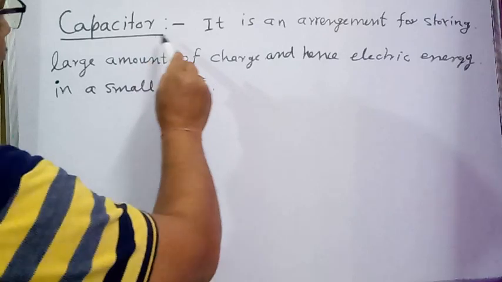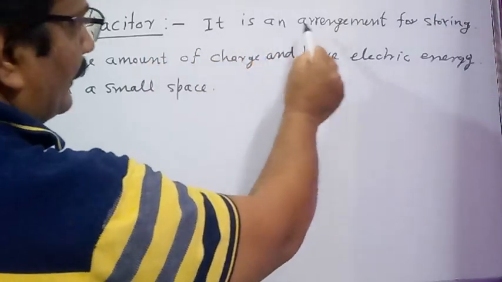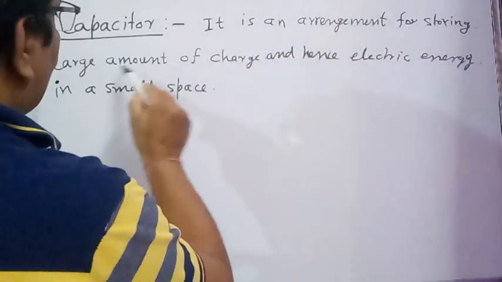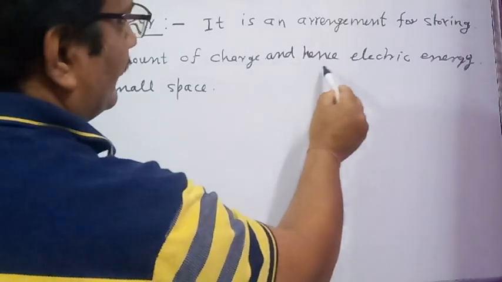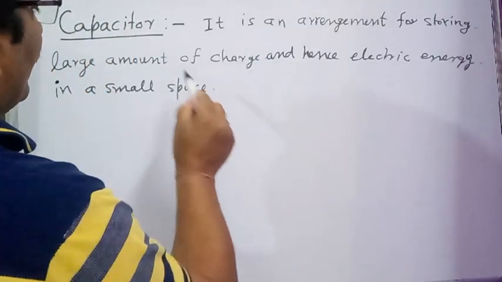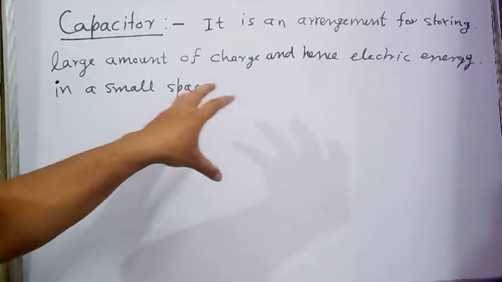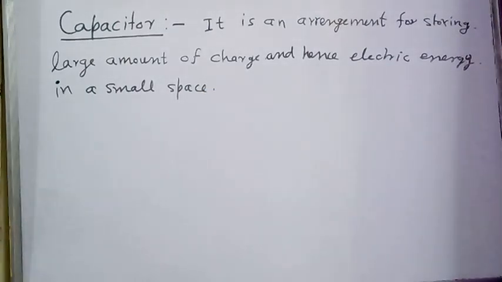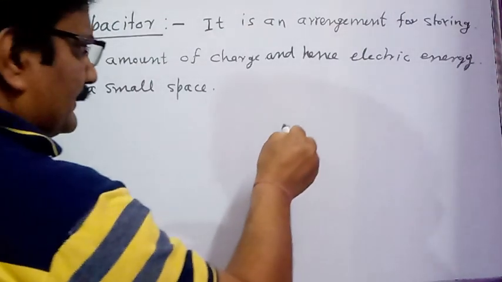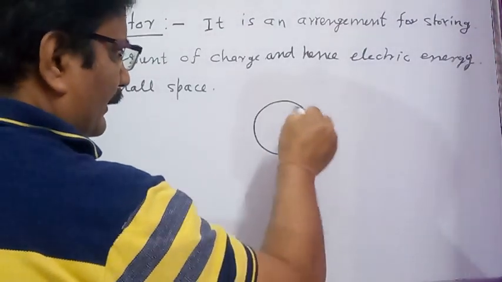A capacitor is defined as an arrangement for storing a large amount of charge, and hence electric energy, in a small space. How can a conductor store more charge in a limited space? Students, you have seen in the previous video, if there is an isolated conductor